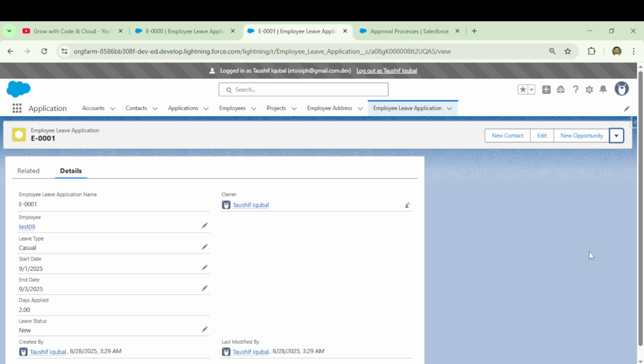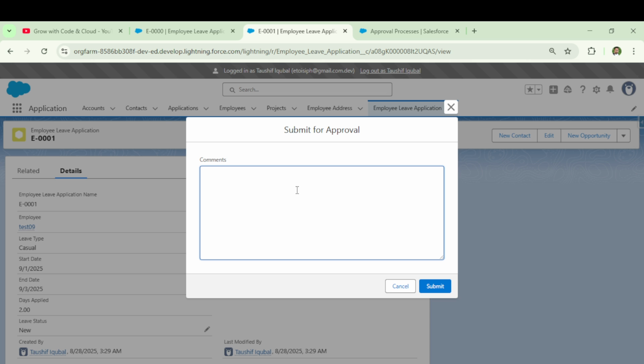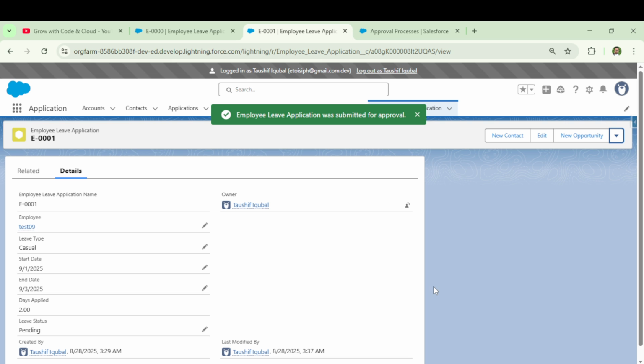Submit for approval. It will ask, please review it and approve. Submit. Okay, submit. Once you submit, see the leave status changed to pending now.